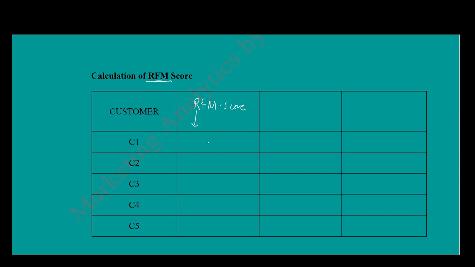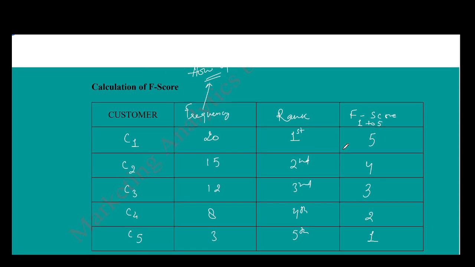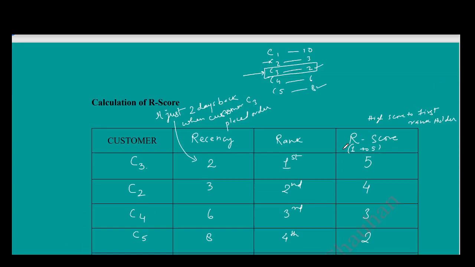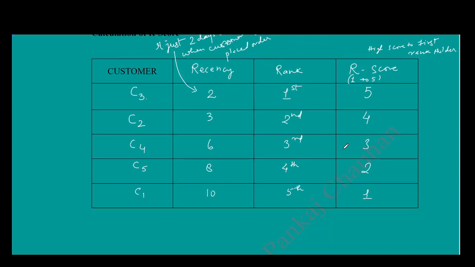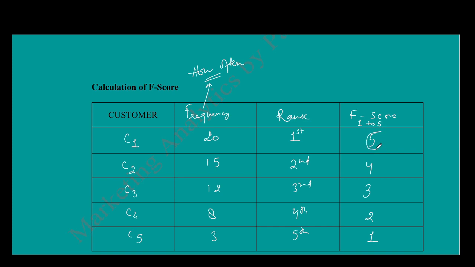If we go back and see the R score here for customer C1, it is 1, right? For customer C1, the R score was 1, and the F score was 5 for the same customer,